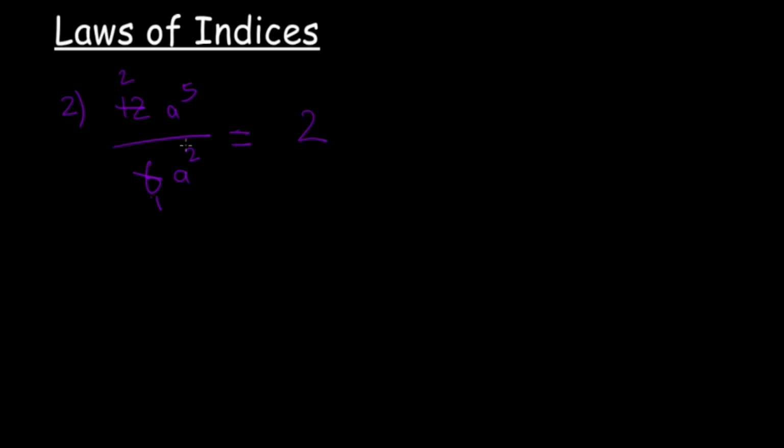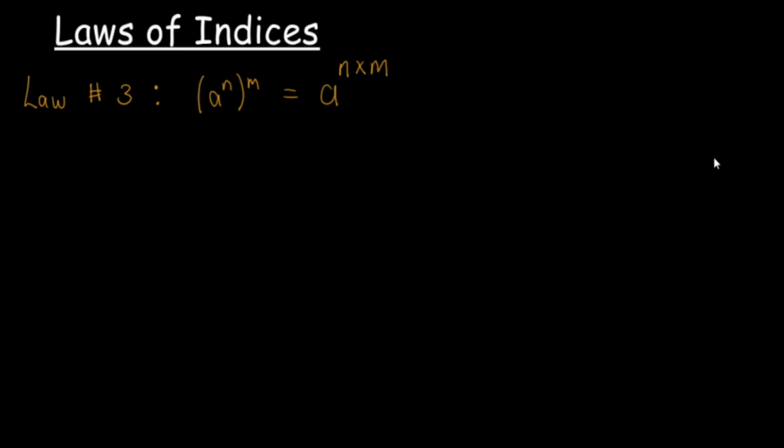We realize that the bases are the same, a. So we write back the base, and we are dividing, so we would subtract the powers. So therefore it would be 2a, 5 minus 2 is 3. So 2a cubed. The third law states that when a power is raised to another power, we